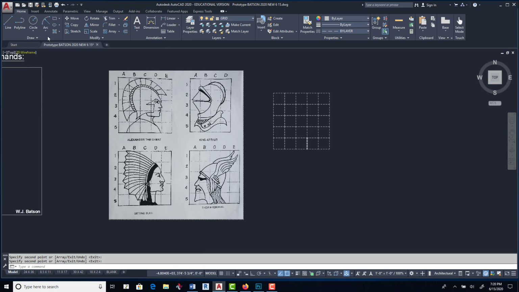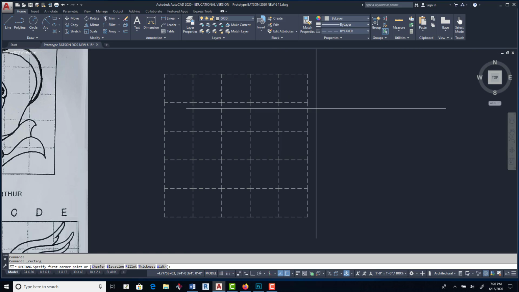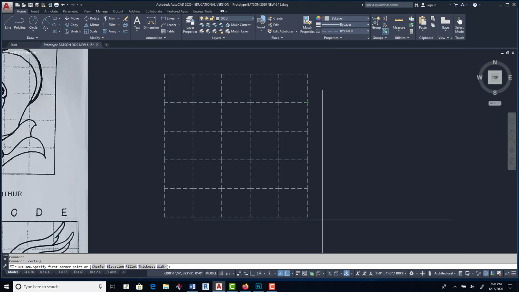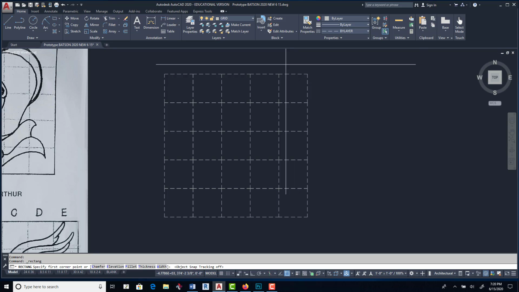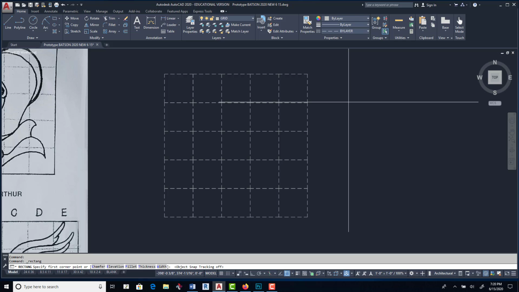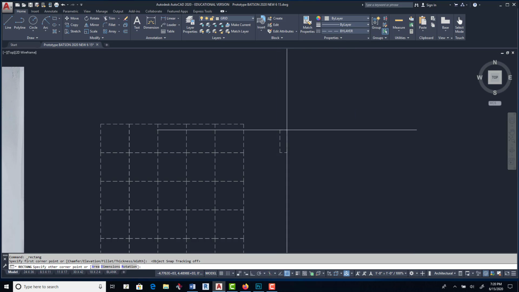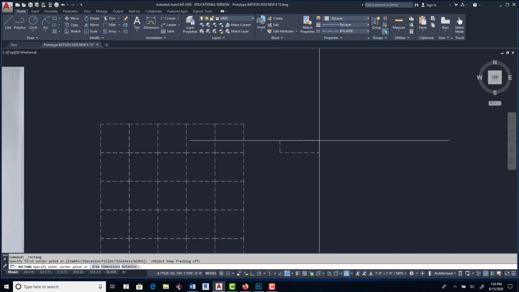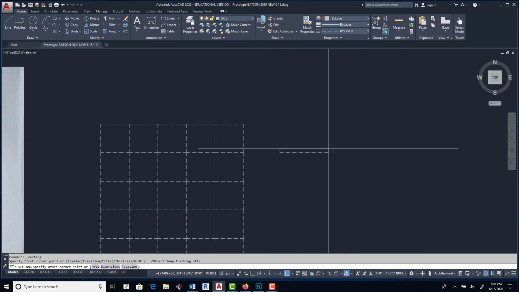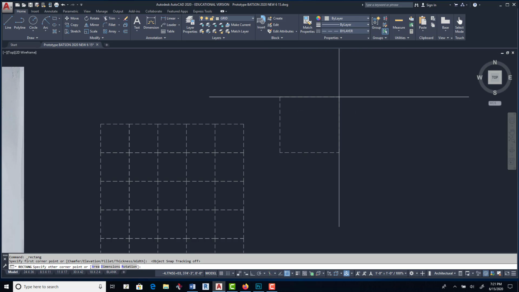Here's another way. So you're going to do the rectangle command, rectangle, click it, and you're going to remember how you line up. You're going to put your F11. You're going to click here. All right. Now I'm clicking a point, and it's a relative point in the screen. It's not a 0,0 origin. So since it's not on the 0,0 origin and AutoCAD doesn't know where it is, you have to have Shift